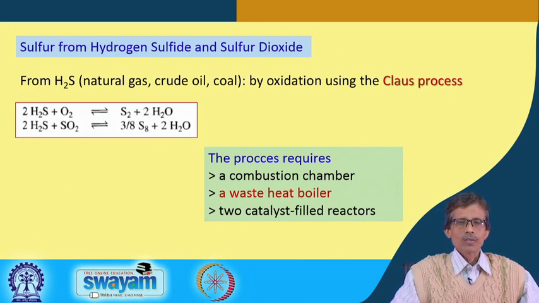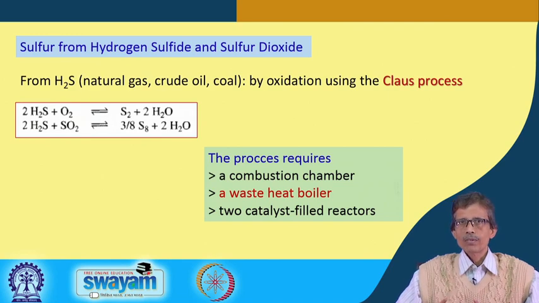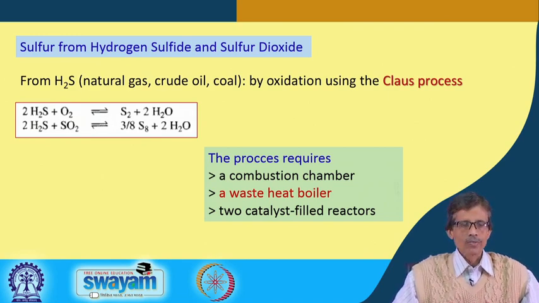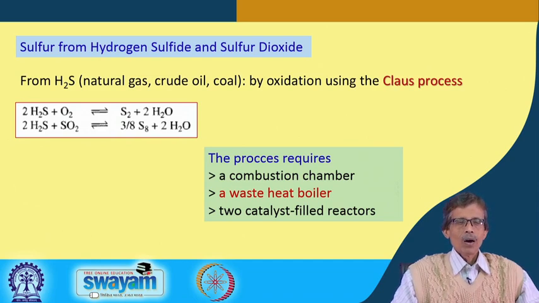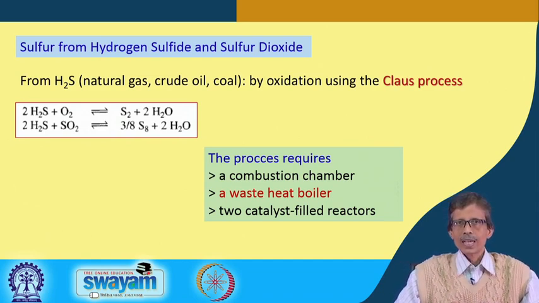And the second process is directly related to the two things that we are writing in the title: sulfur from both, that means sulfur from hydrogen sulfide as well as sulfur dioxide. So, there also, instead of using O2, we can use SO2 as the oxidizing agent. So, this SO2 now can disproportionate, or the reverse of the disproportionation reaction, what we can